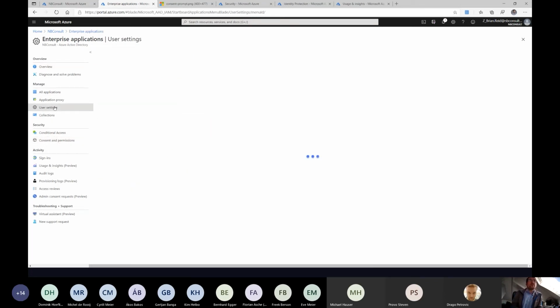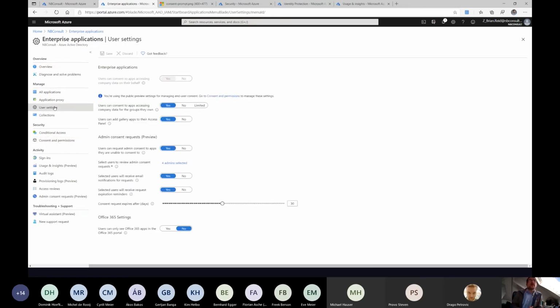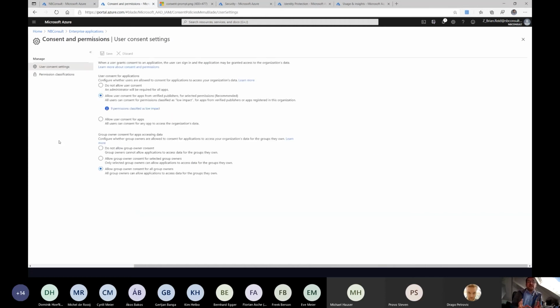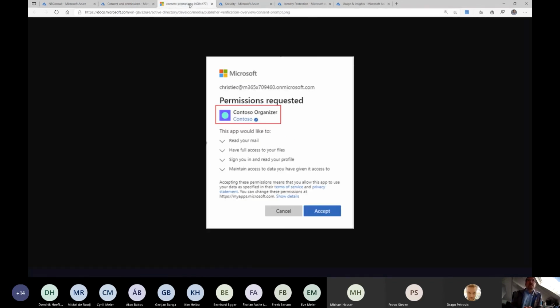Now, consent turns up in two places. It's in the middle of changing, and it used to be under user settings, and there used to be one option up here. Okay, but in the last couple of months, and indeed in the last couple of days, consent has changed quite a lot. The idea of consent, let's pop over to this tab, is that